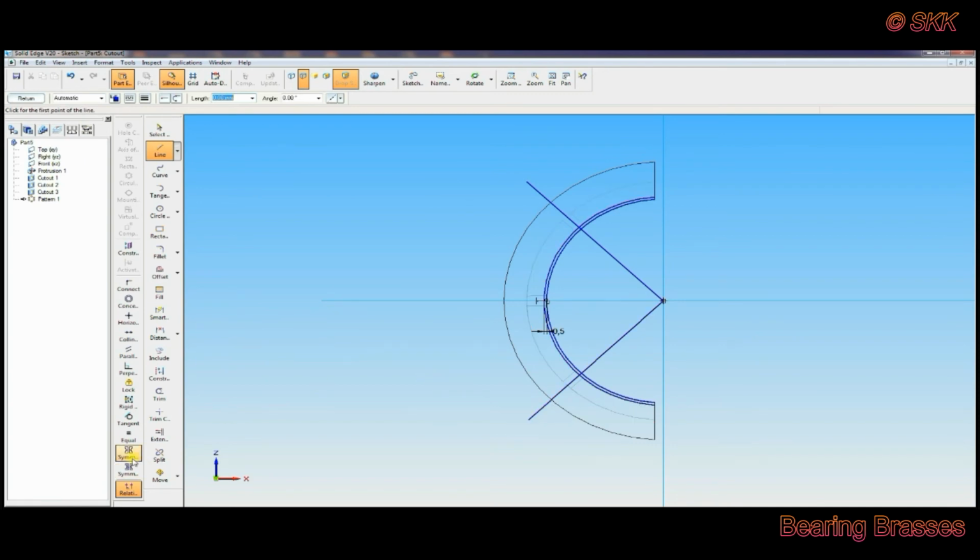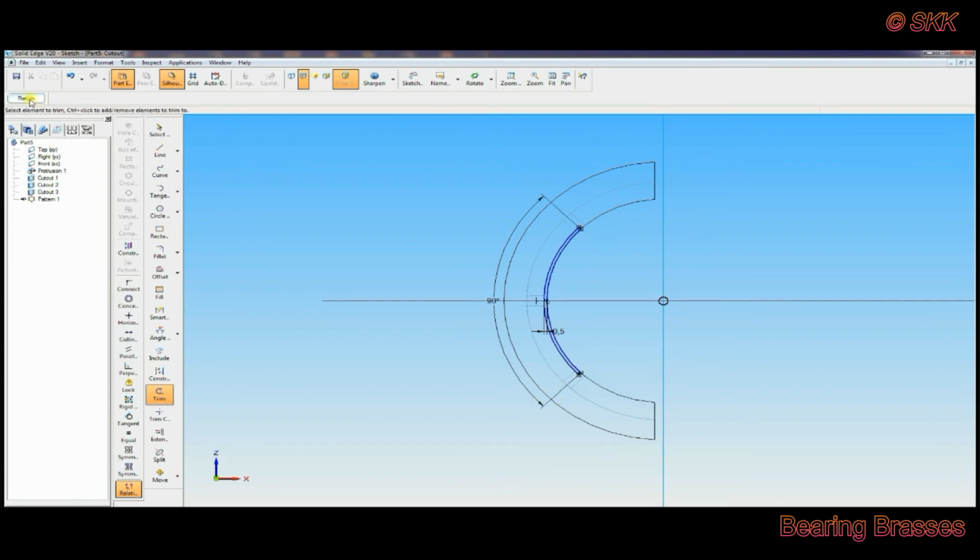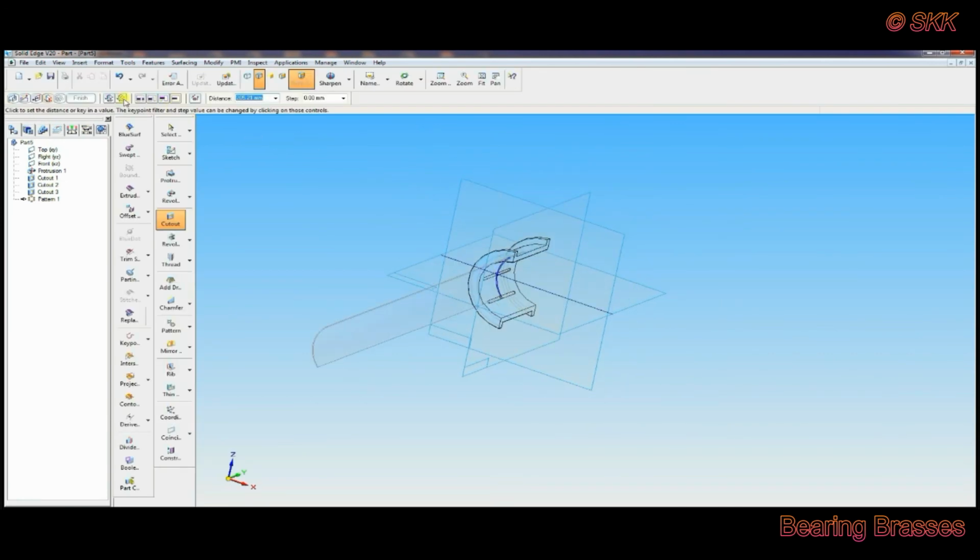Okay. Now let us go to symmetric relationship. For that select the center line and two inclined lines. Now symmetric is over, and you can see the angle should be 90°. Okay. Now using the trim command, trim the lines, that line, that one, and this one, all lines you have to trim it. Then return, width you have to give 2 mm. That finishes the 2 into 0.5 oil groove.